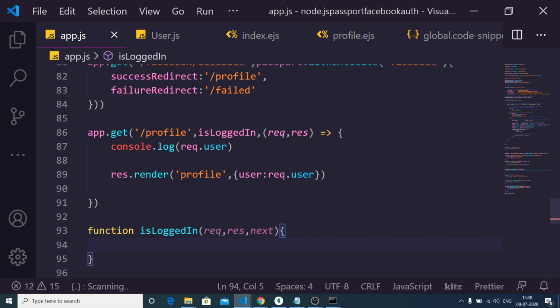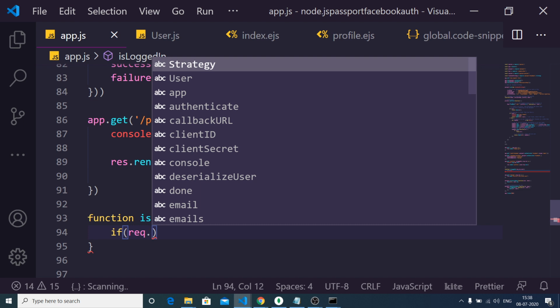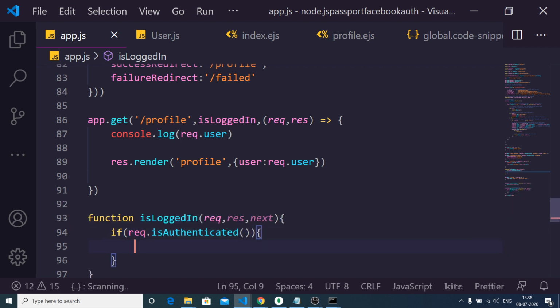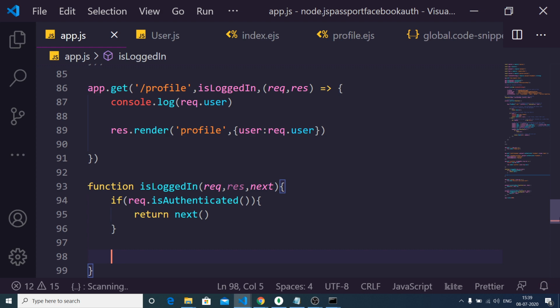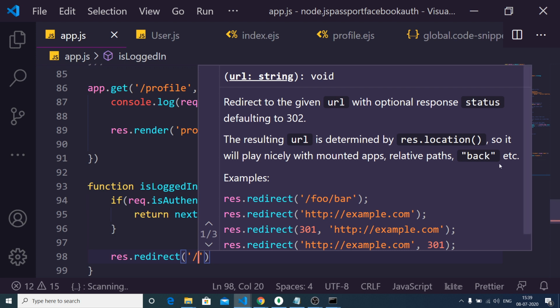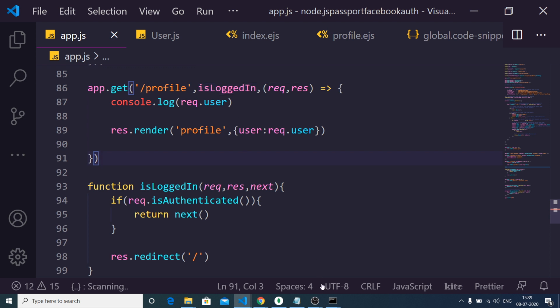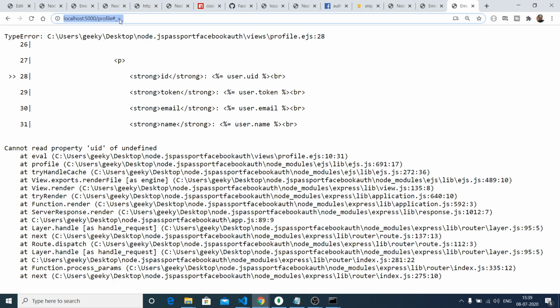So in this function we will just check if request.isAuthenticated. If the user is already authenticated, then we can call return next, else we can redirect to the home page. So just make this change here, and let me just refresh the application once again.